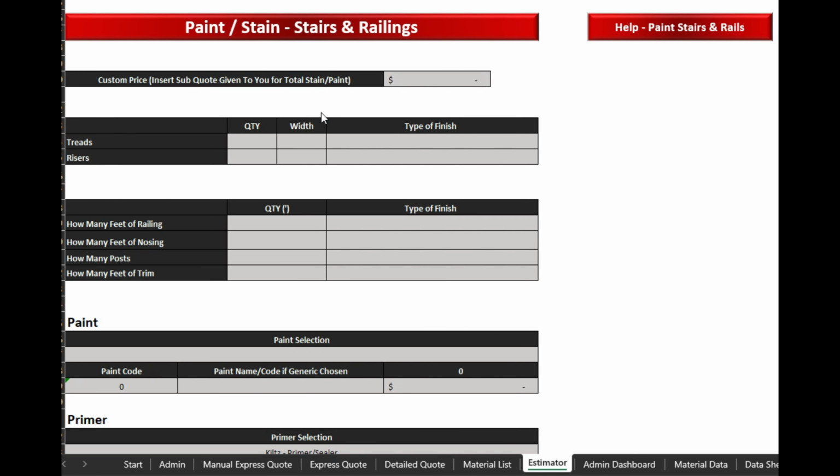So right here is the paint and stain for stairs and railings. In this first category, it gives you the option to input any quote that you may have received in the event that you're using a third party to perform the work for you. So in the event that you received a quote for $3,000 from your subcontractor, you can input that amount here,